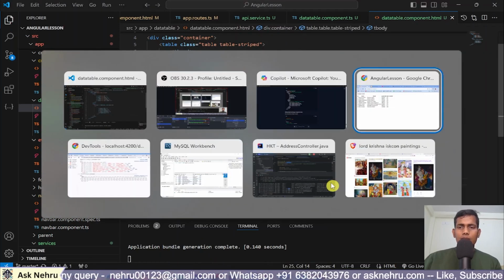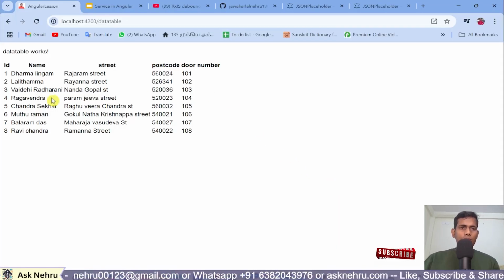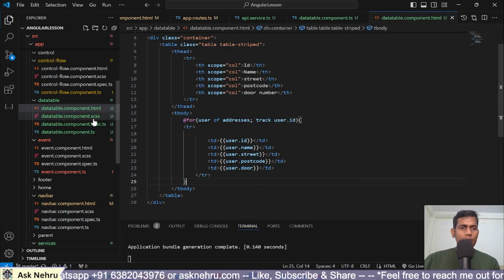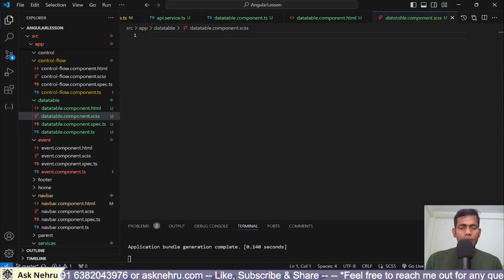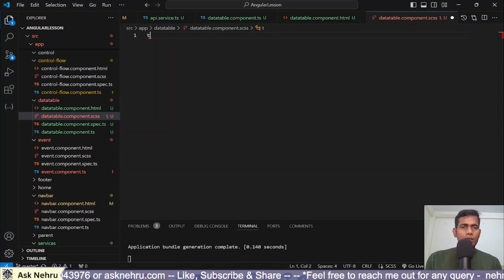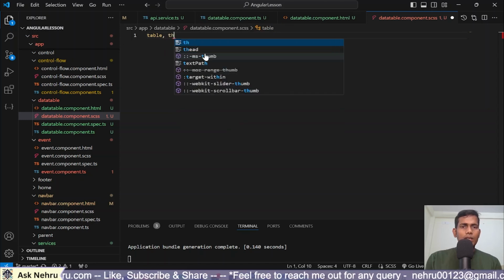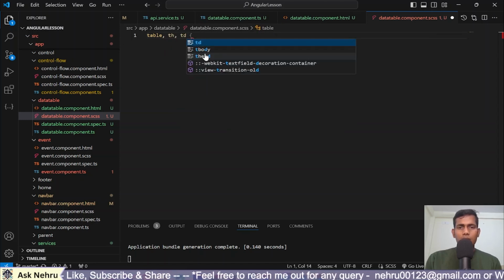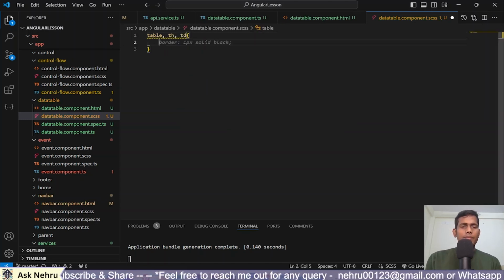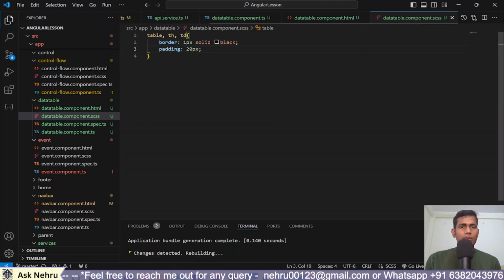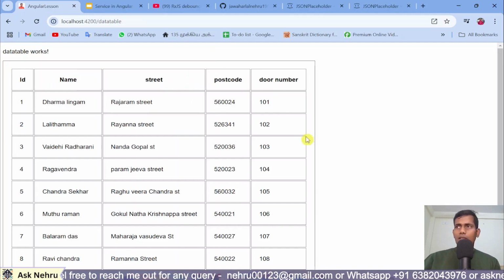Yes, guys, we have successfully printed in our UI. Okay, so you can beautify it, guys. We can beautify this table with table, th, td, within that we can have border 1 pixel solid, and also we can have 20 pixel of this. Okay, guys, it is giving something,